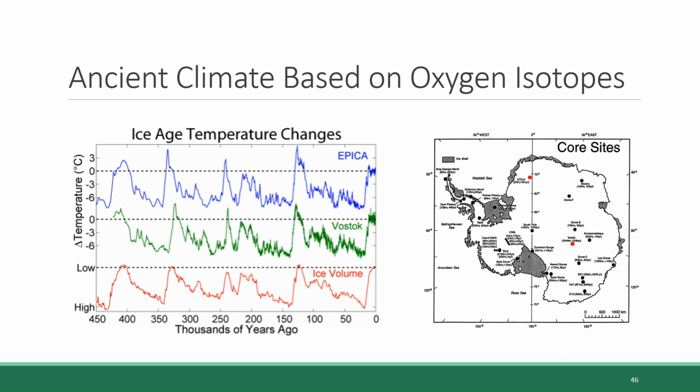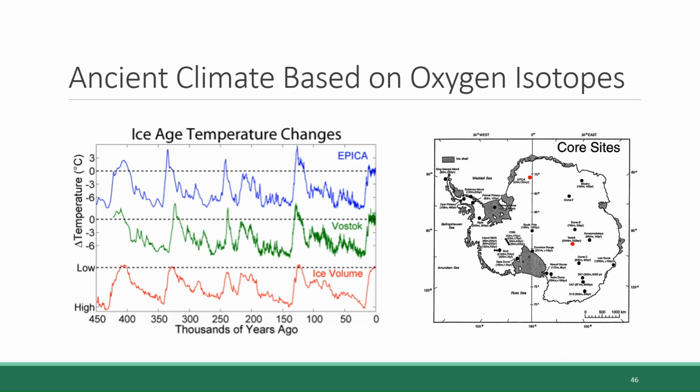And as you can see on the graph, these two independent samples of ice core data agree with each other very closely, and they show repeated fluctuations in the Earth's temperature over time. And this graph doesn't display it, but you can even look at ice cores that are even farther apart, such as the ones from the northern hemisphere, and they agree with what is seen in the southern hemisphere.